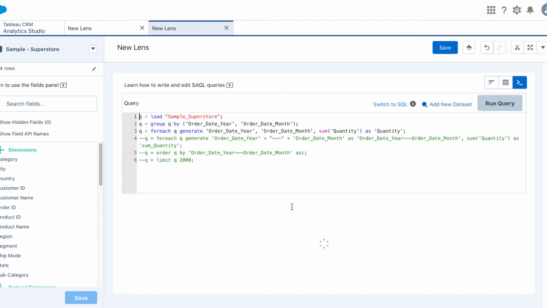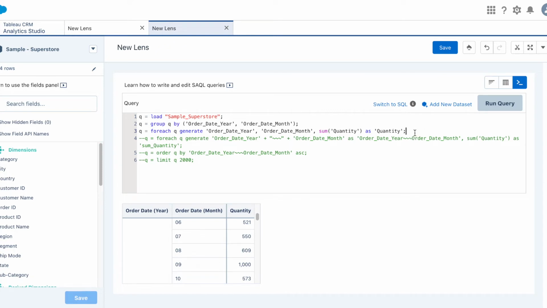Okay. So if I do this, I get information like this, and this is very similar to what we did in recipes, where we aggregated it by year and month. So for every date year, we are getting 284, 159, and so on. Now, the next thing that we do is we don't actually know if any of the year or month combination is missing. So what we will do is fill this entire data set with any missing year and month information. We don't have to go looking for it. There is a function that Tableau CRM has, and we are just going to use that.